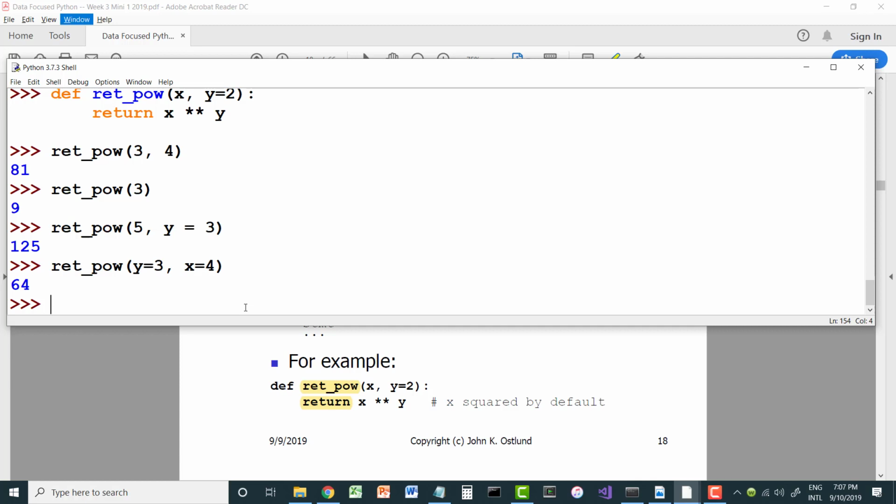But the rule, as I said, is that when you're typing in values, you have to have all of your keyword arguments before... saying this backwards. You have to have all of your positional arguments before your keyword arguments. So